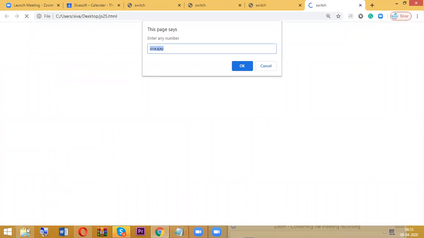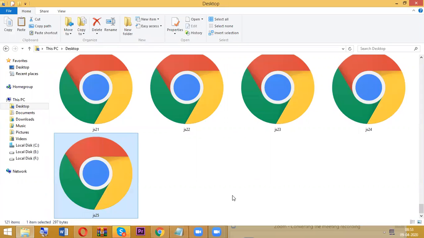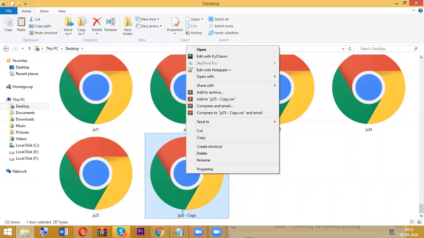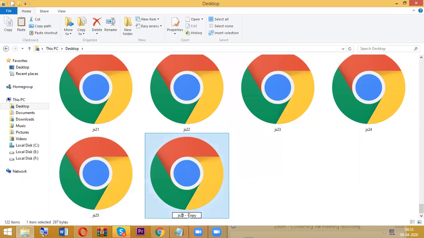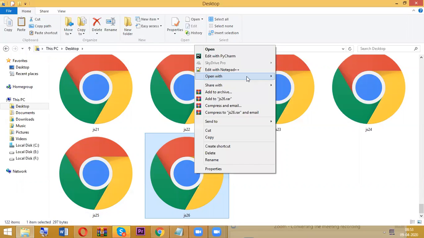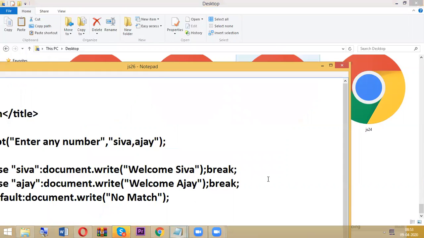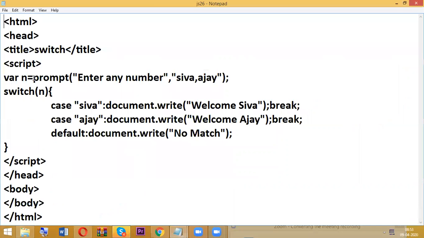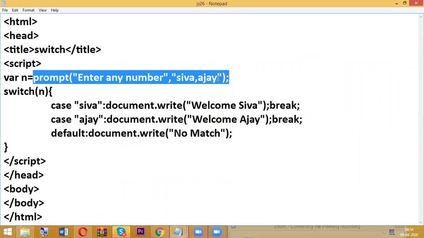JS25. Okay, so this is our switch. Control C, Control V to paste. So 26. Right click, open with Notepad. Here, in case of triple equal to, then only you need to bother about whether it is number or string.